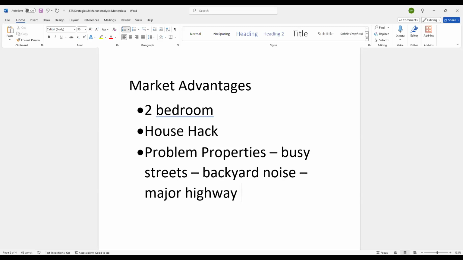Same thing with the backyard noise. They're not going to be in the backyard. They're usually traveling, they're out and about. They're not at the house that much. They will be outdoors hanging out, but the backyard noise is less of a concern. And so that creates a niche as a part of your acquisition strategy, where you can look at those problem properties that have been on the market for a while. You can negotiate a lower offer and get into those properties strategically for the purpose